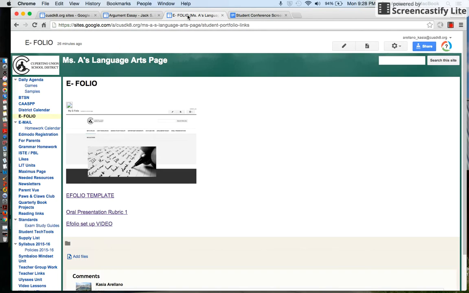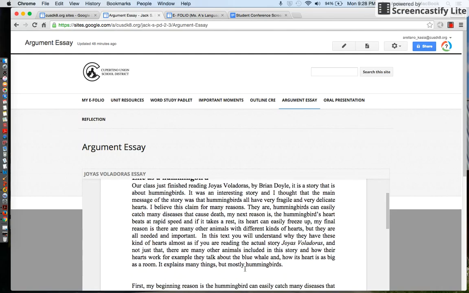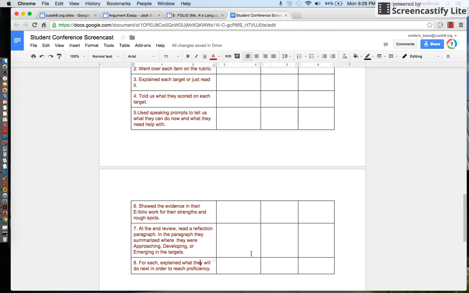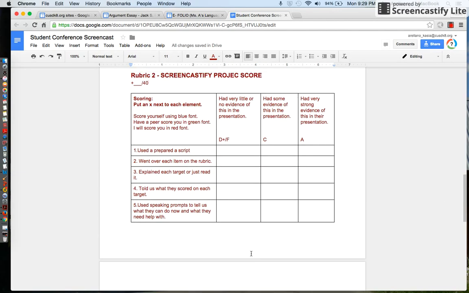So you could also go in here and say, oh, and as you can see, I completely forgot my spell check. I've misspelled all these words. So I'm planning on having Miss A create a screencast lesson for me. And that's the rubric here. And you're going to give yourself a score on your paper. Okay? You can just put an X wherever you think